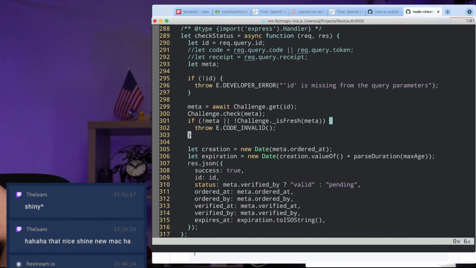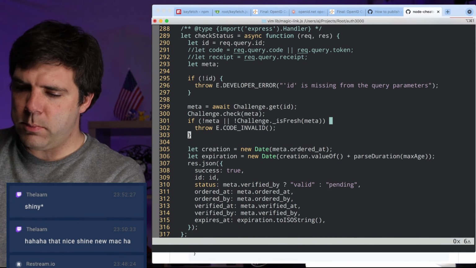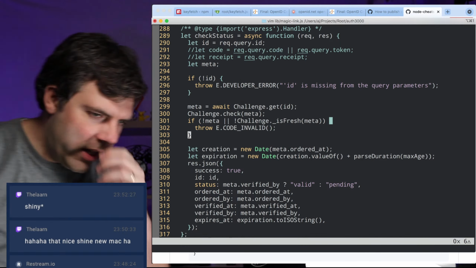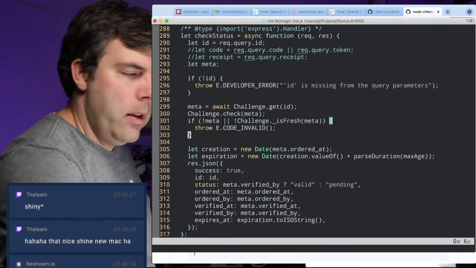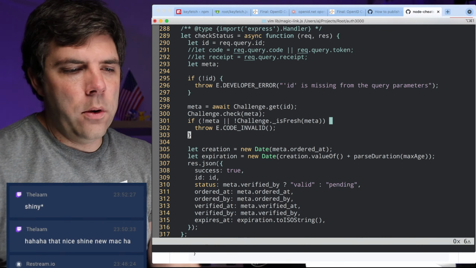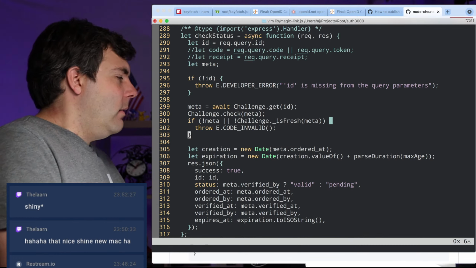The 2015, I'm so surprised, was not very popular. I guess maybe because people think that the newer ones are better when they're actually quite worse. They don't have a keyboard. They don't have USB ports. They're not faster until you get to the M1, or they're marginally faster. Anyway.